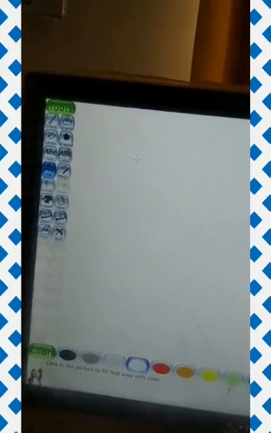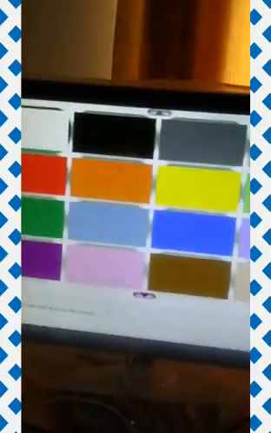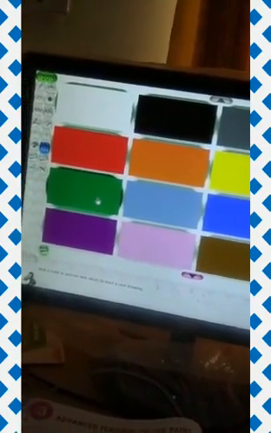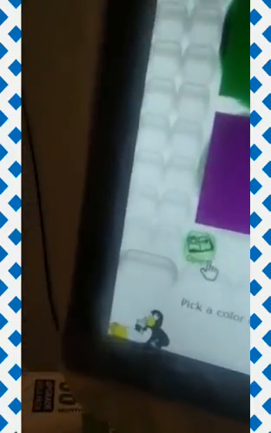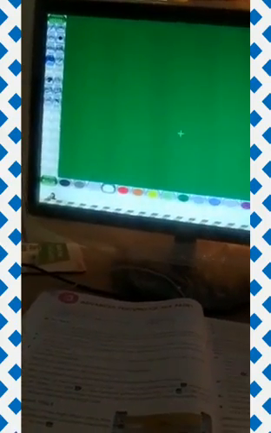Now for another tool, which is the kaleidoscope, I will show you how to use it. First of all, click on the new tool. You will have this screen. You can select any of the colors. I am selecting the green one. You can select any one. Then click on open. Now you can watch my screen is visible. The background color is green.